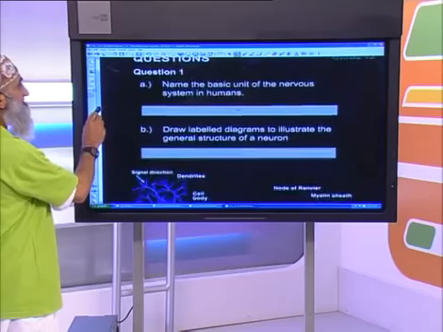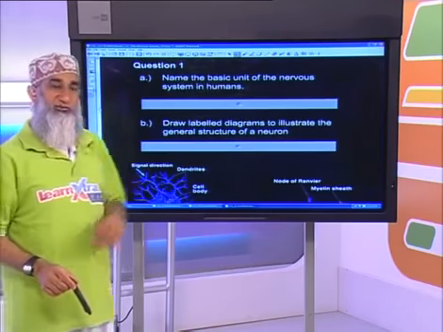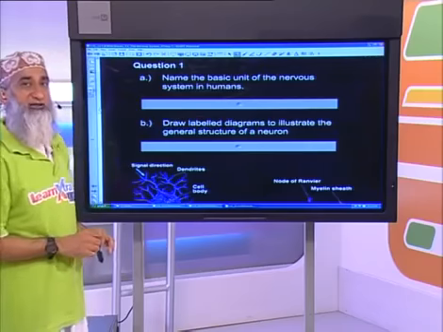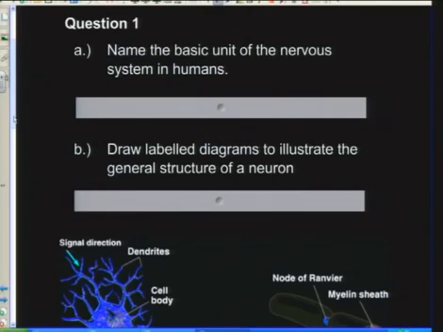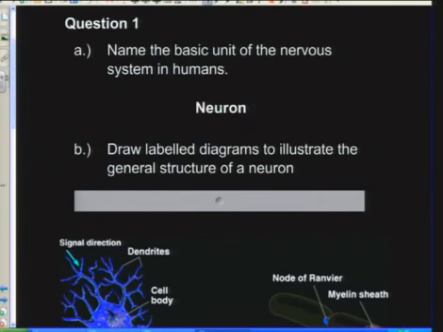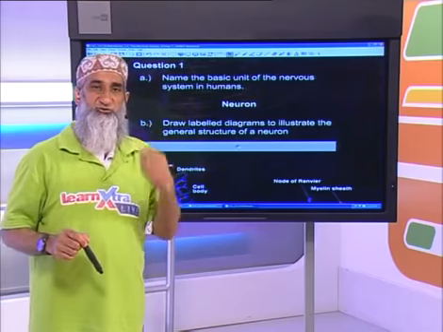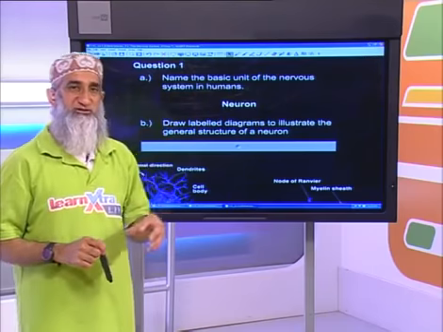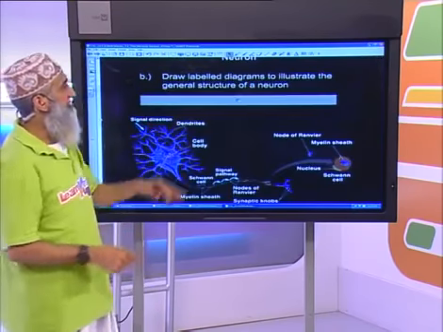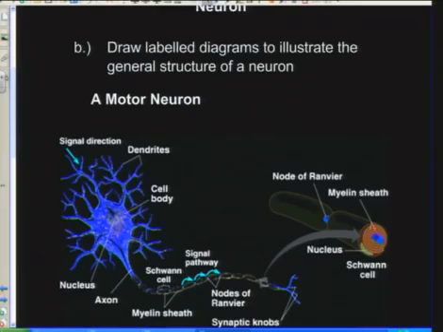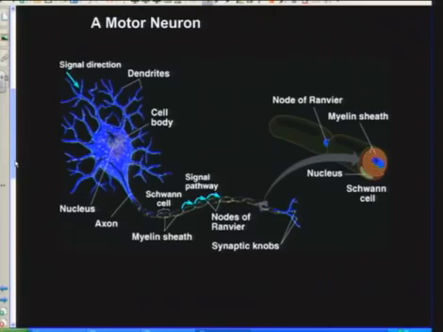As we've become accustomed to these last few weeks, we start with the questions, and the questions are part of the lesson. So the first question says, name the basic unit of the nervous system in humans. And that would be the neuron, as we said in our introductory statements. The neuron is the basic unit in the nervous system. Then the next question says, draw labelled diagrams to illustrate the general structure of a neuron. And there we have a motor neuron,